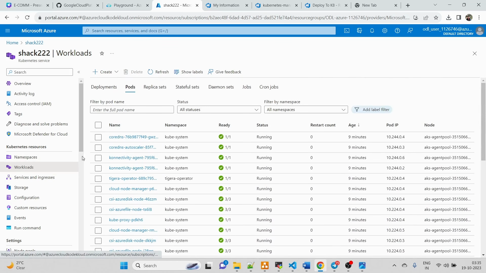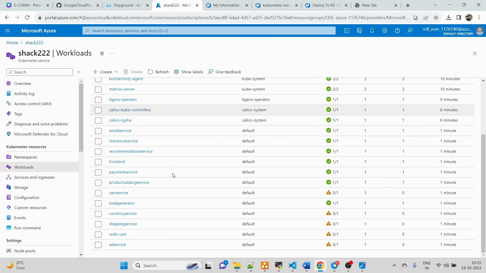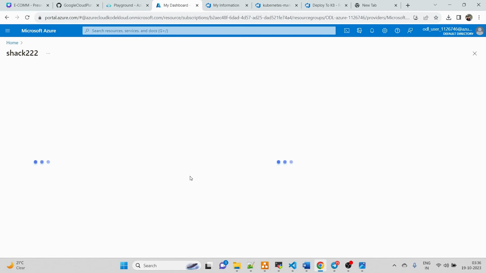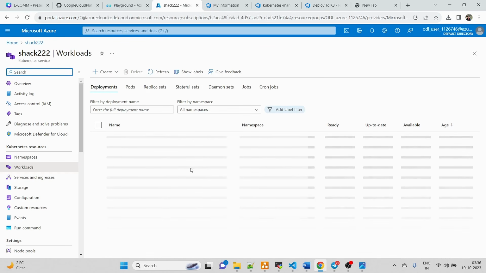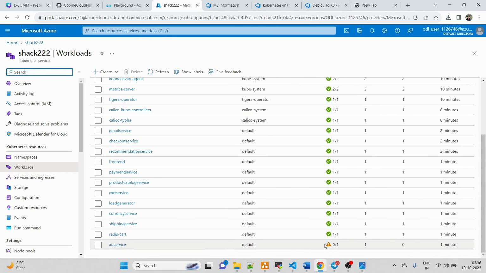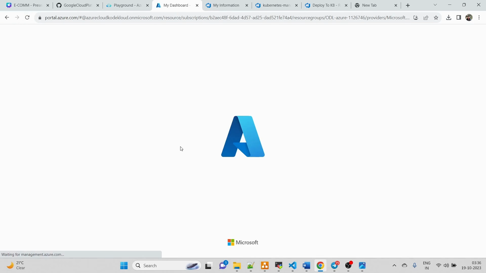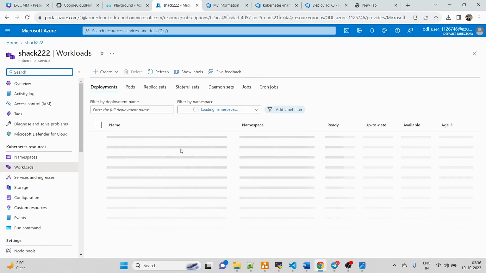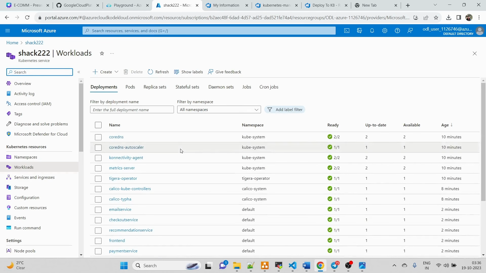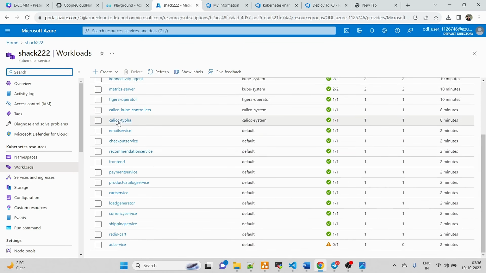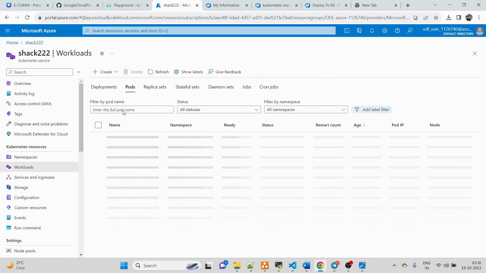So yeah, let us wait for a few seconds so that all the pods are created, and then only we will be able to access our deployed application. Yeah, so one more deployment is pending, which is for the ad service microcomponent, okay. So let me keep refreshing. Once everything is deployed and all the pods and services are created, then only we'll be able to access our application. If I go to pods